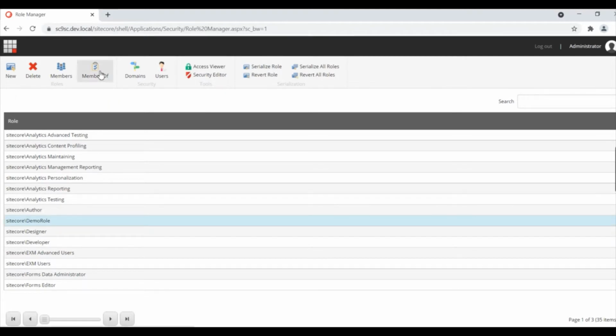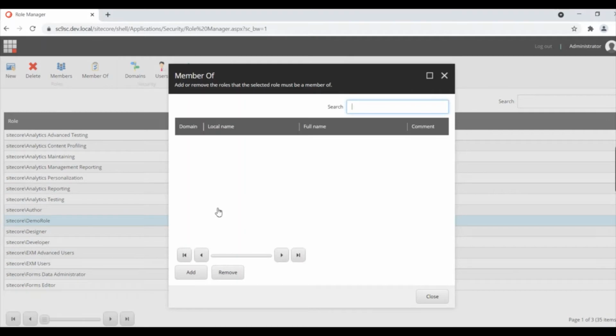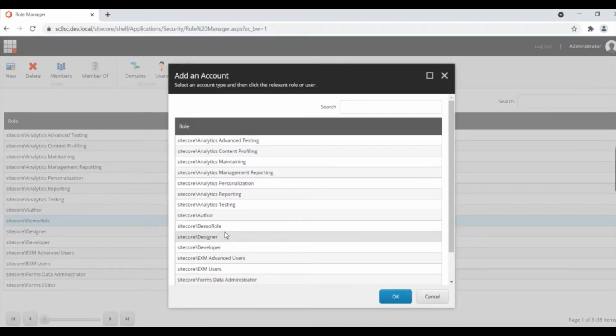I am assigning a few of the existing roles. For login purposes, I'm making it a developer role.